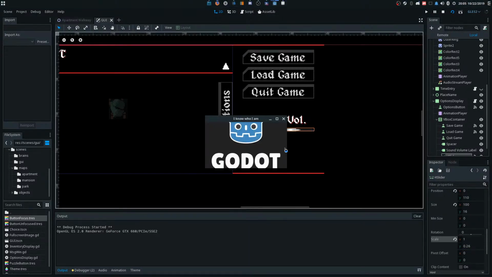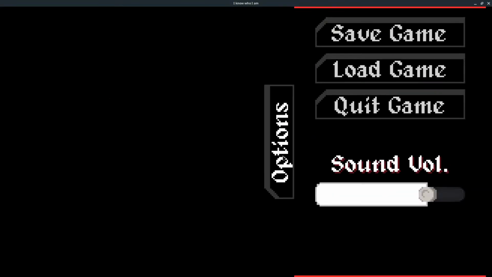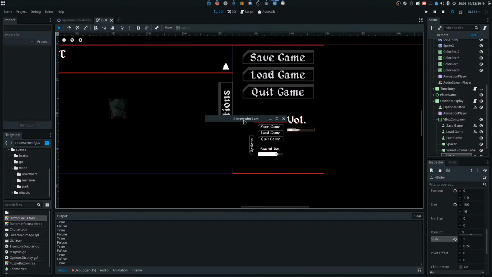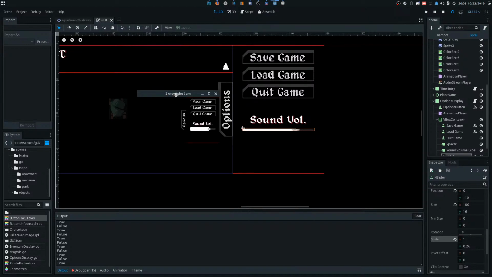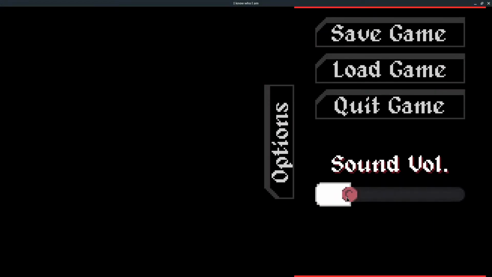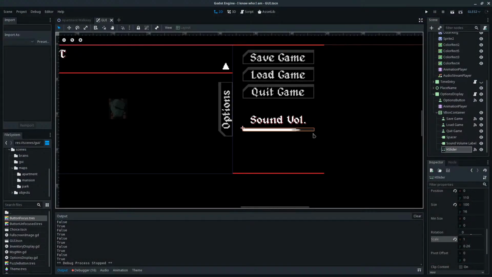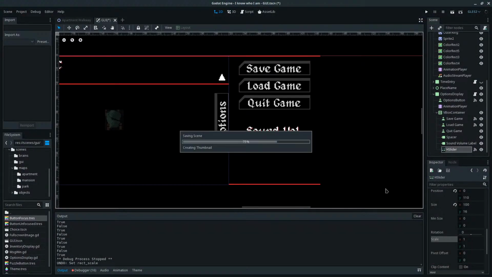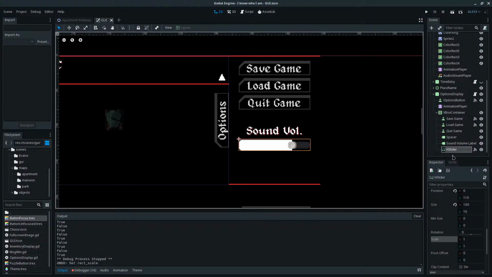So, well, does it? Let's see. Nah, it doesn't seem like it does. I think maybe it should change the height of just this thing.